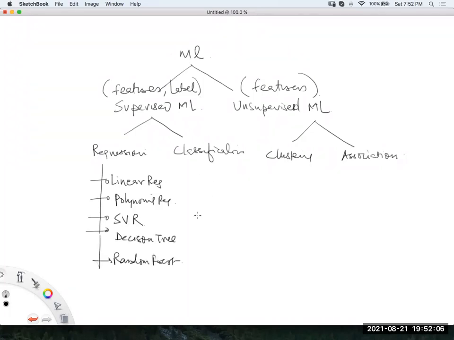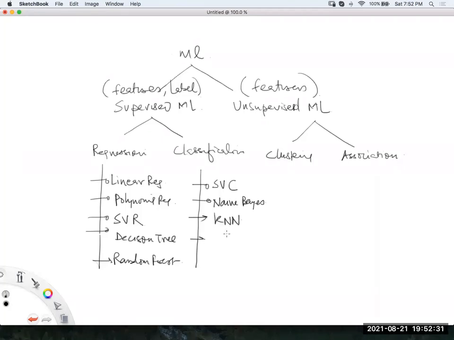Similarly, guys, can you name the algorithms for classification? Support vector machines, but they have a specific name as well for classification, guys. Support vector classifiers, SVC, naive Bayes theorem, if you remember from the mathematics world. KNN, K nearest neighbors.